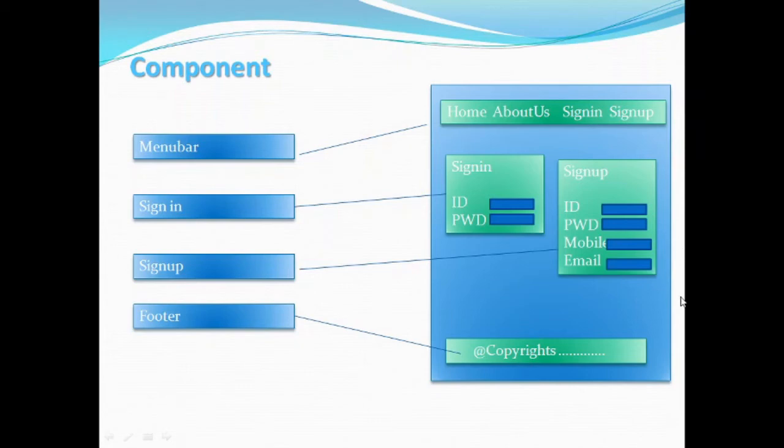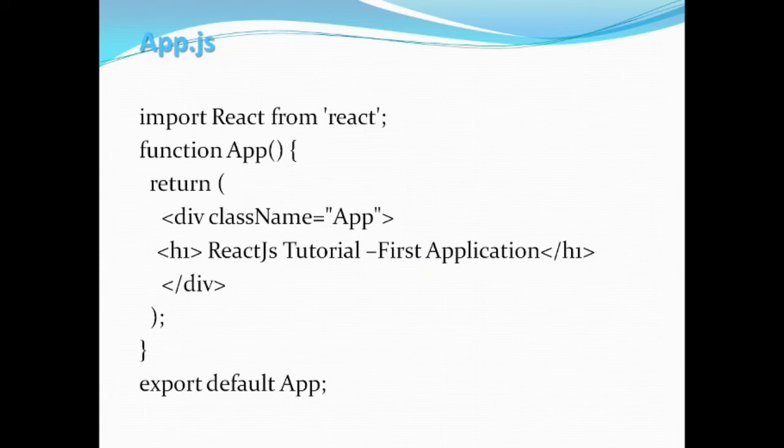When we design, the whole set of all these components is going to be embedded into one single component that we call the app component. App is a root for all these components. So how does that app component look like? This is called app.js. This is the only one root component per application, and in this root component we are going to have the component declaration, the required libraries imported, and then a function called render. And within render, we will have a return function.